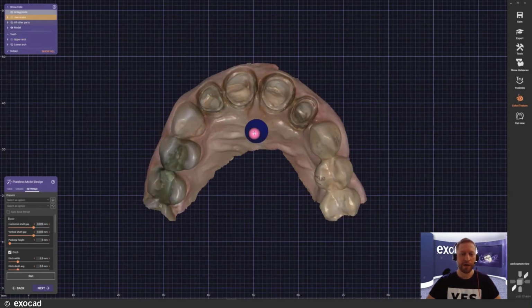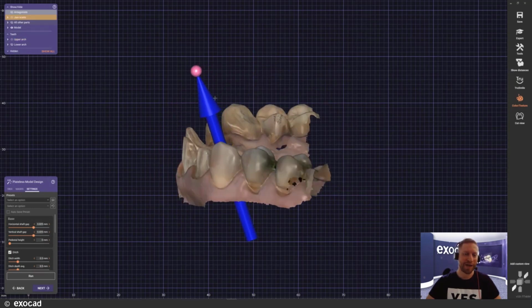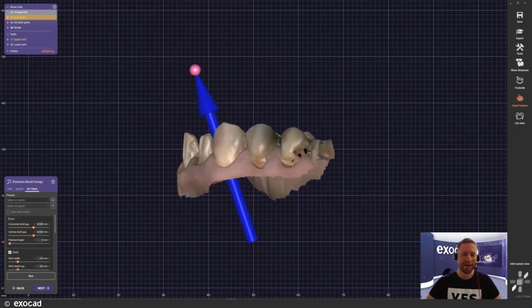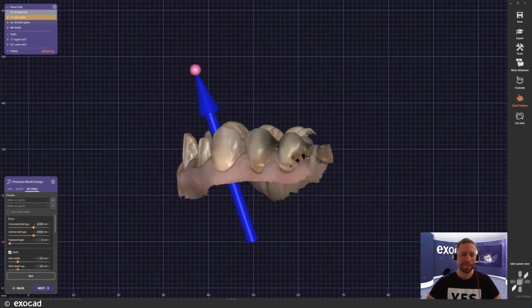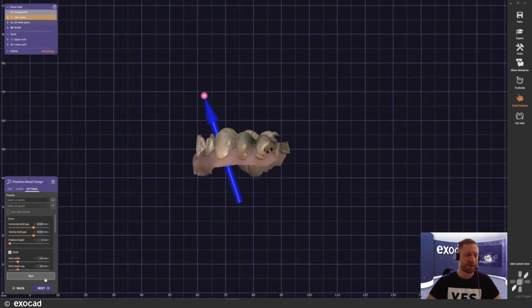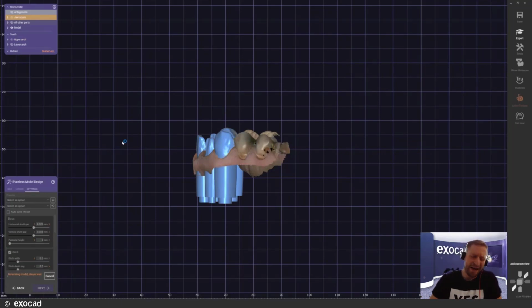So I'm just gonna distort it really, just for the demonstration purpose. I will change it, and you can see already the axis of the model itself and the insertion axis that I was talking about. So with no further ado, I will just run the model really quick to show you what that would look like. I could have changed the insertion direction of the dice now as well, because it will probably look a little bit funny now, but it will show you what we're talking about. I think for this purposes, it will definitely do its job.